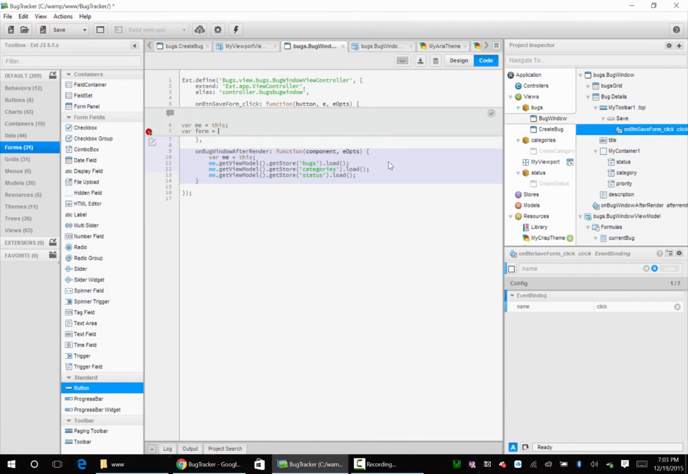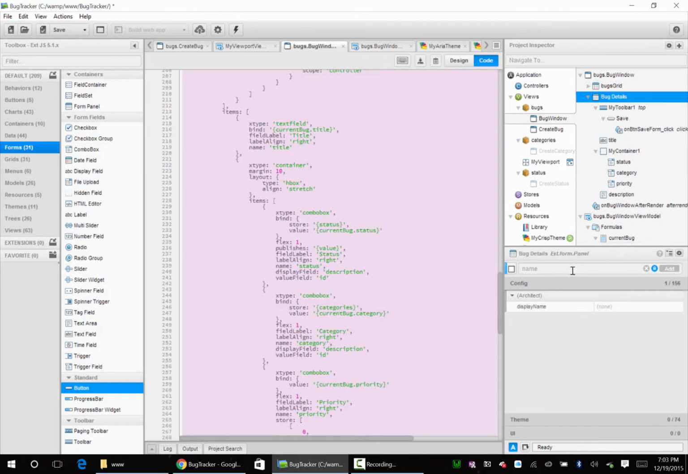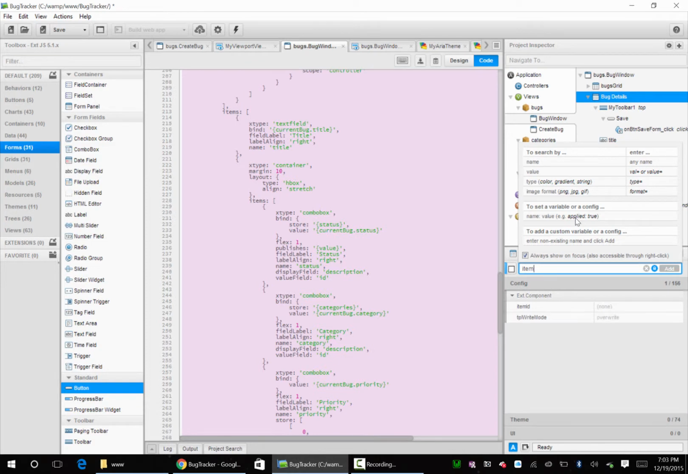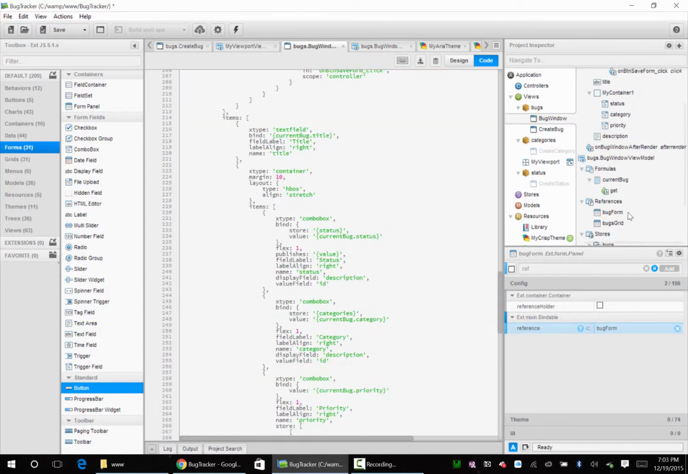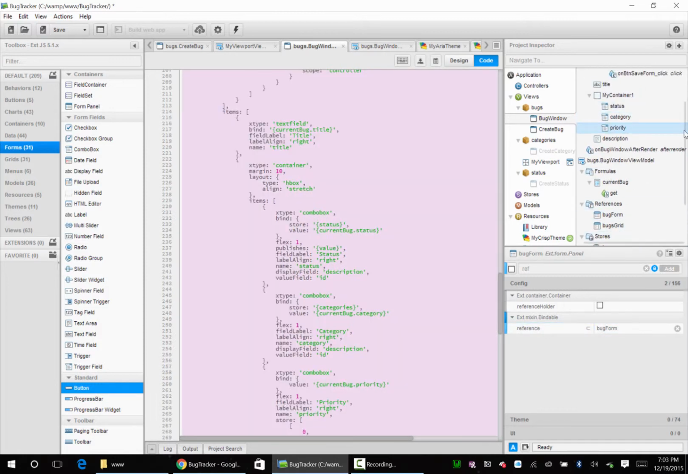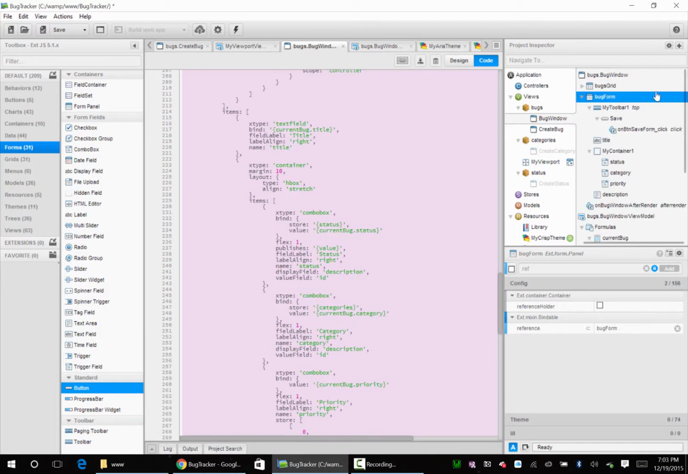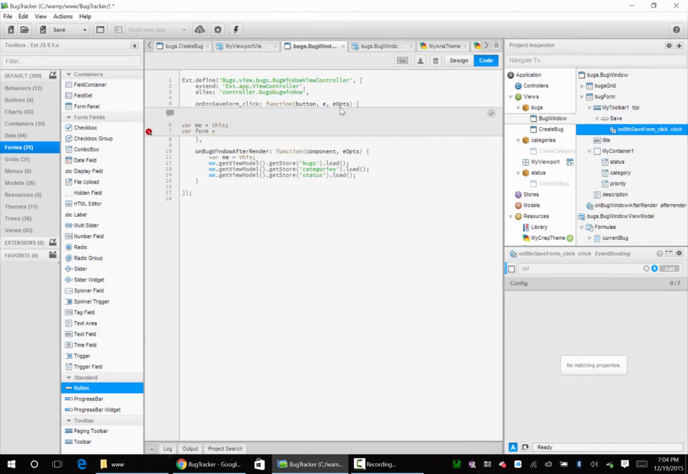Okay, so here we're gonna do something a little different. We're gonna give this guy an item ID. Next, we're gonna give him a reference. So this is bug form. Okay, so now in our save, form equals me dot lookup reference bug form dot get form